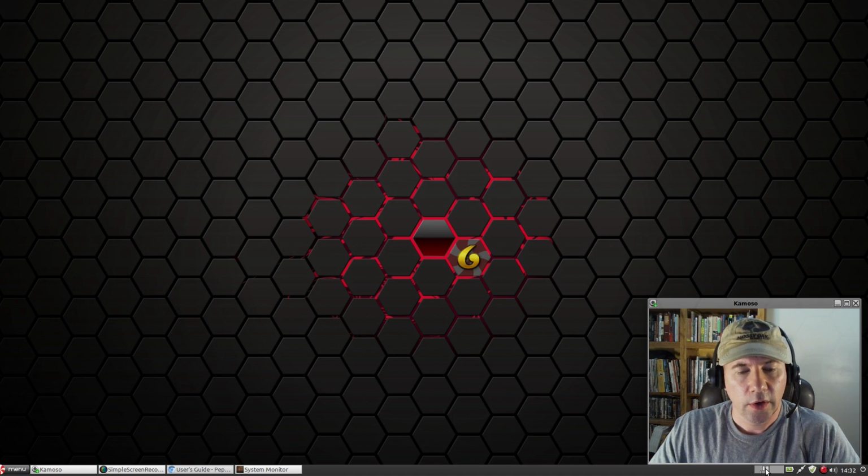Over here on the right-hand side, we've got our workspace switcher. It's set up by default with 2 workspaces, power monitor, internet connections. And then you've got your system tray right here, which is showing that all my system software is up to date, and then that little icon is from my screen recorder. We've got our volume indicator right there, and